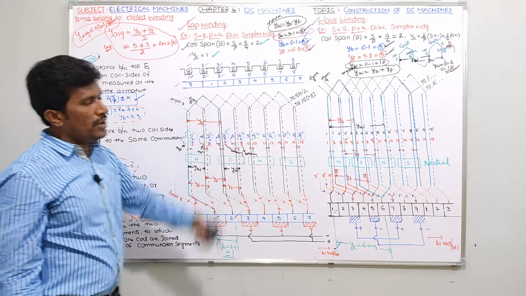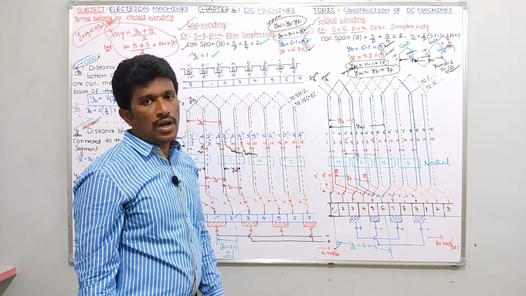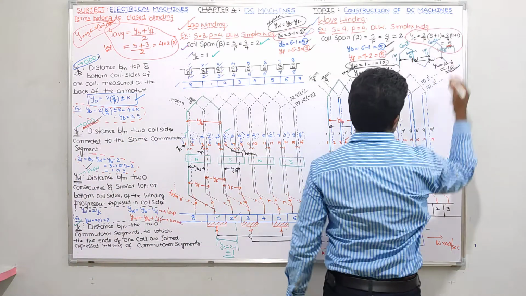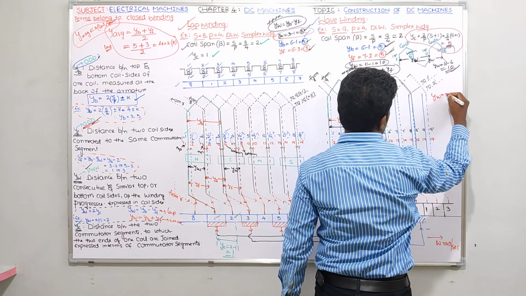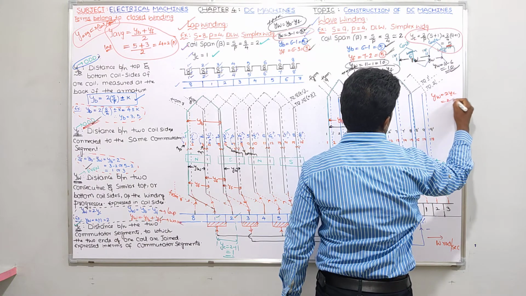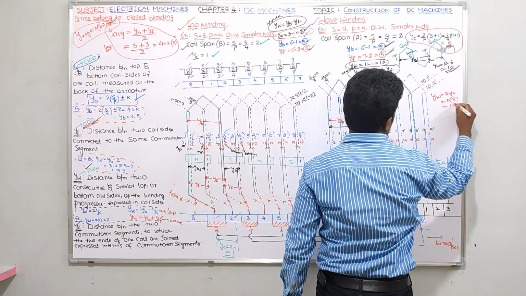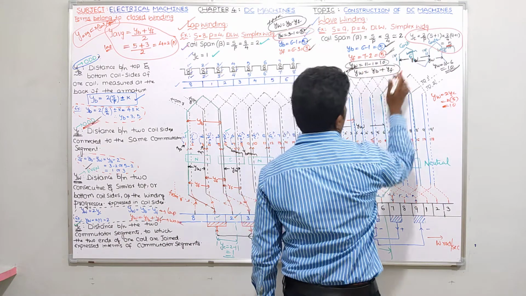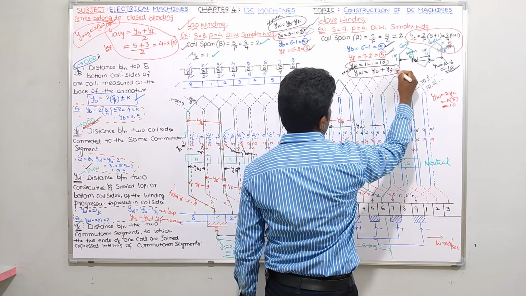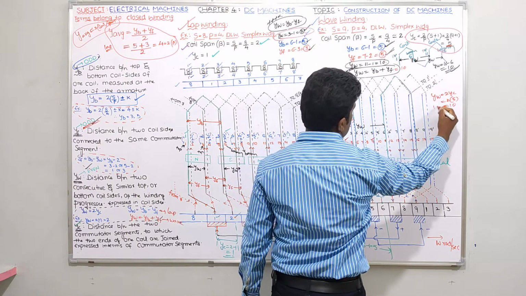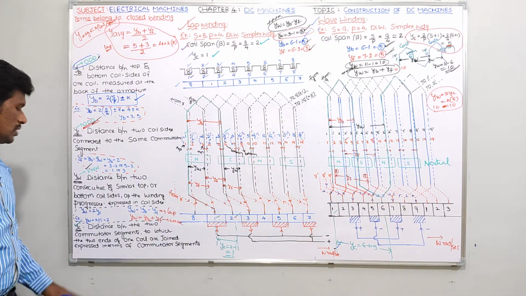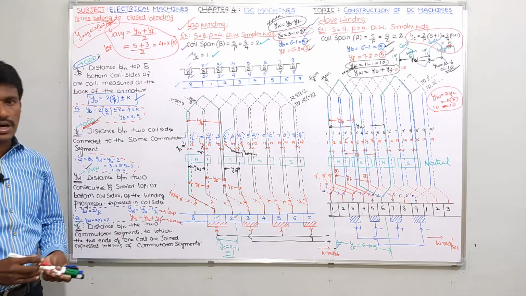If you want, you can compare wave winding also. What is the YC value here? I can say 5, no? 5. So tell me now, winding pitch is equal to 2 times of YC, 2 times of 5, I think about 10. Already we know what is the winding pitch value we are getting here? YB plus YF. If you see here 5 plus 5, you are getting 10 only, no? Okay. Yes, 10 will be equal to 10 only. So please guys, winding pitch will be equal to 2 times of YC. This formula also you have to remember.